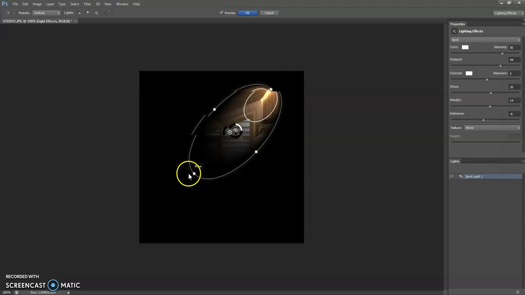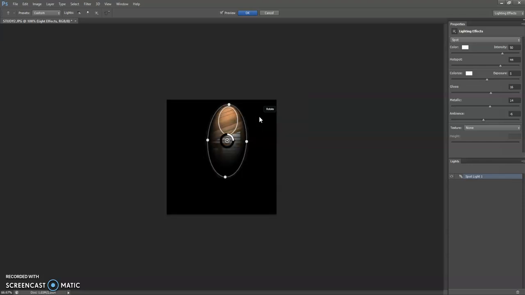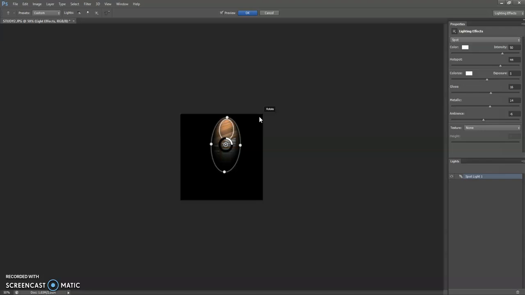Since the image is very large, I'm rotating it to the horizontal. And since the image is very large, expanding the circle is very tedious, so I'm resizing the image. I'm pressing Control minus to minimize the image. Then I have something called hotspot here, where the hotspot increases the size of the circle. So I'm just increasing the size.